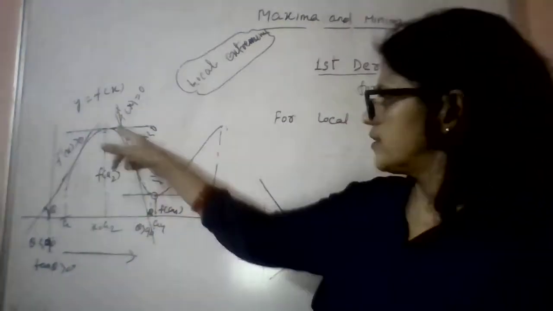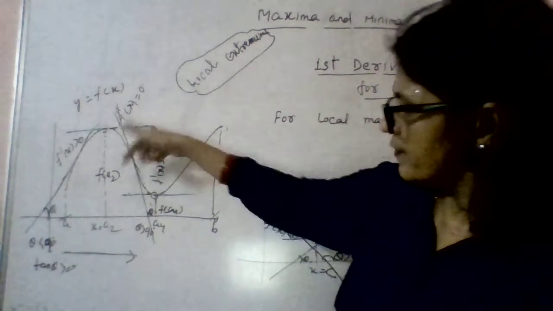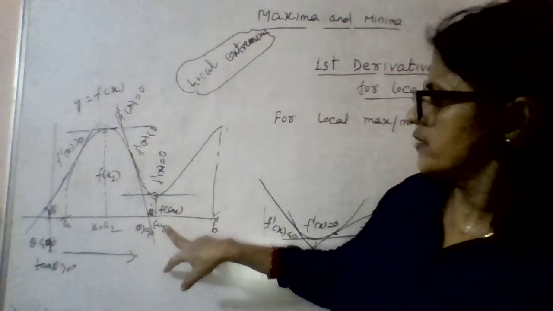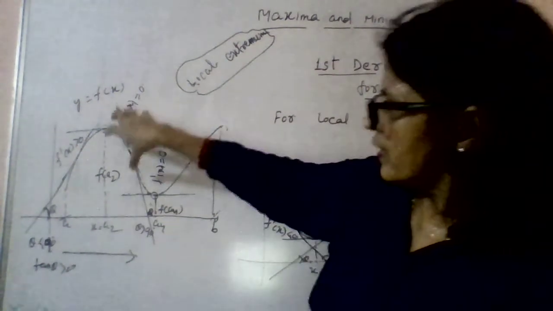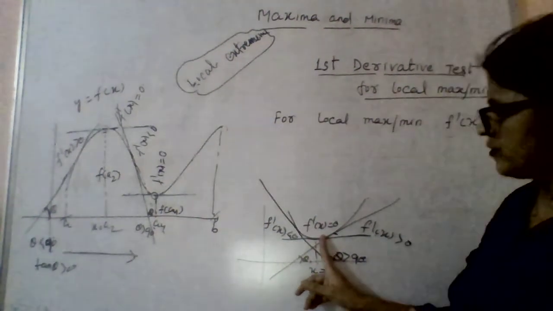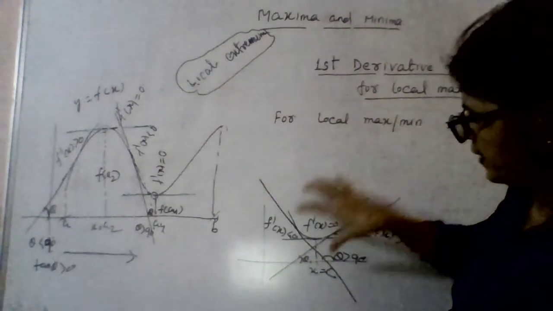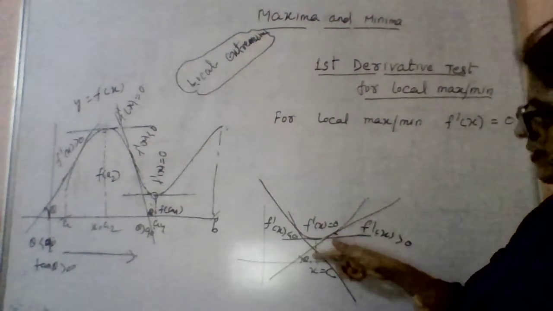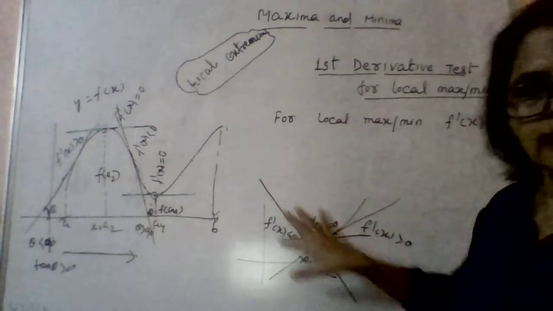Similarly, for this point, you see this is a point of local minimum. So f dash x is 0, and as you are moving from left to right, from lower value to greater value of x, the function is strictly decreasing, then strictly increasing. So f dash x less than 0, then greater than 0. Okay, you can observe here also. So in case of local minimum, what happens? It is first strictly decreasing, then strictly increasing. So the sign of the derivative changes from negative to positive.